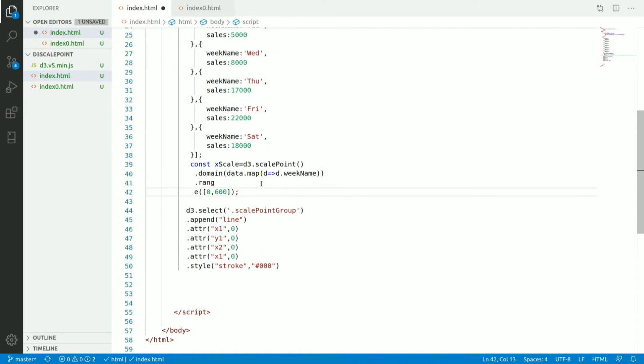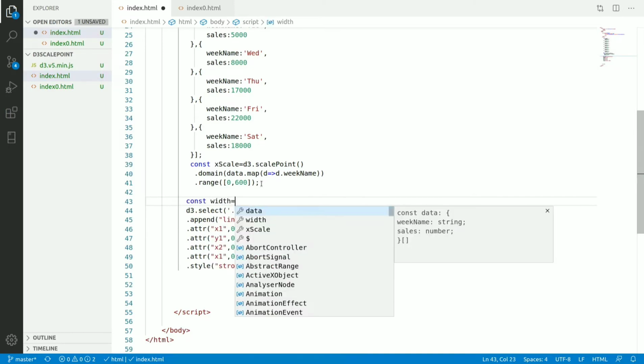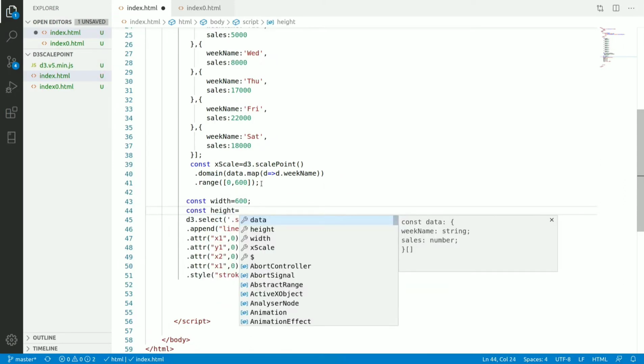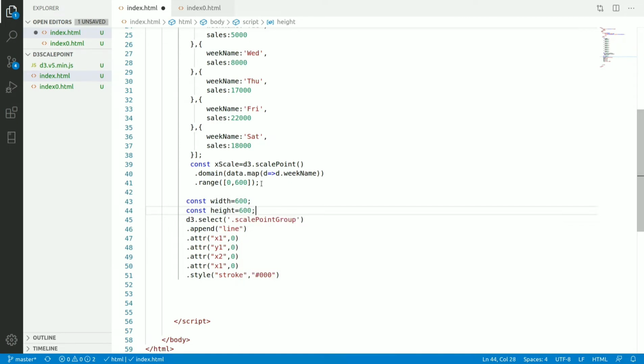For this I will create const width equal to 600 and const height equal to 600.